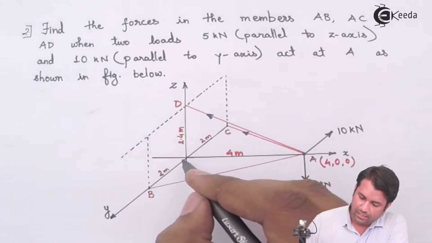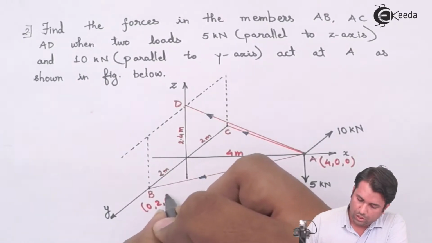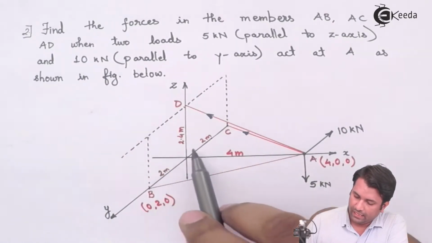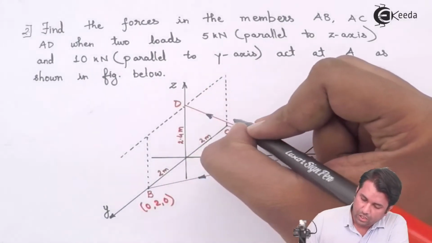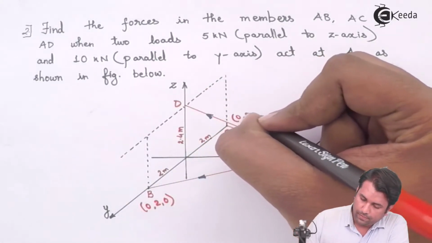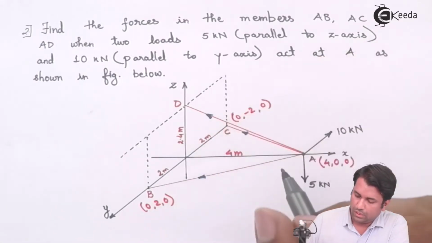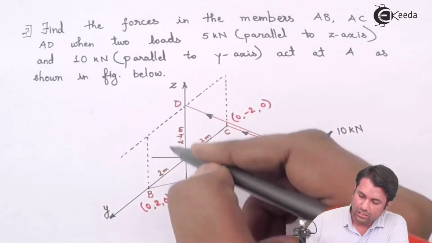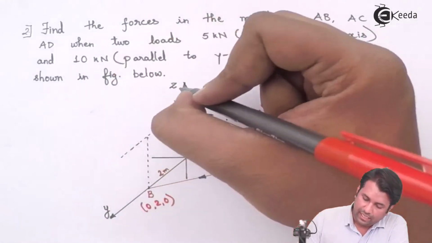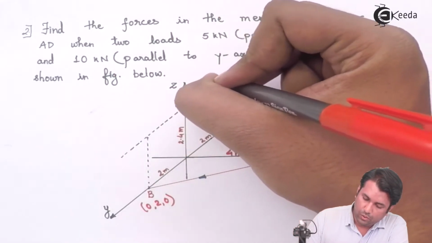For B, since it is on the y-axis, it is 0, 2, 0. Then C is again along the y-axis but on the negative side, so that will be 0, -2, 0. Then the point that is left out is D, and since it is on the z-axis, the x and y coordinates will be 0, so 0, 0,